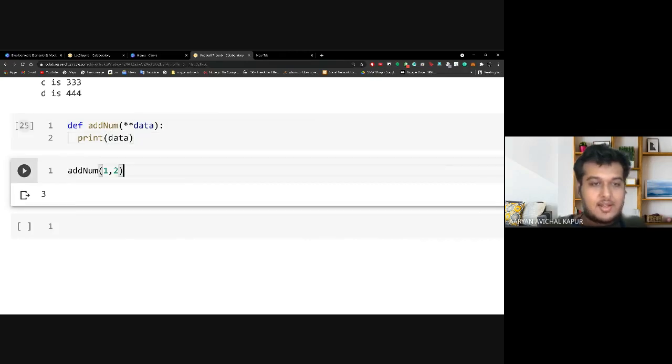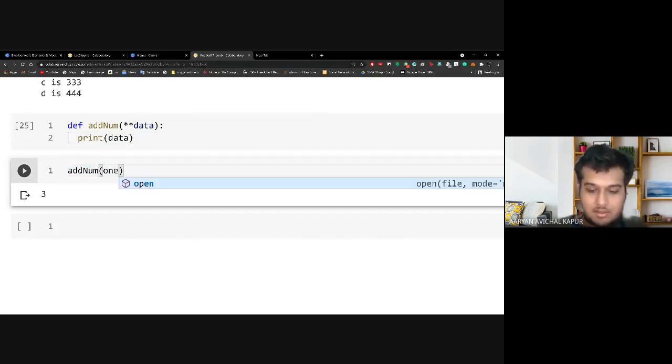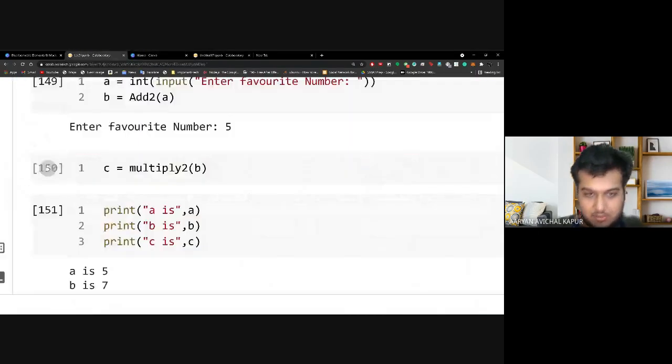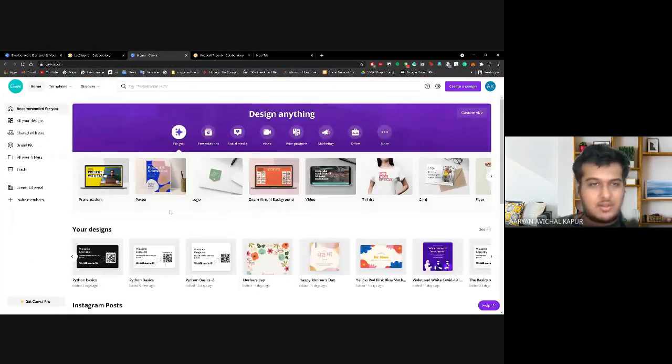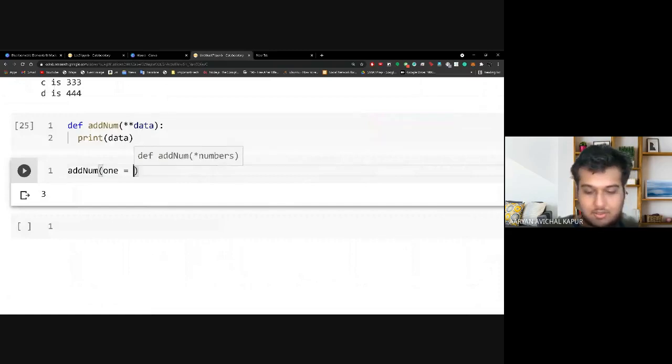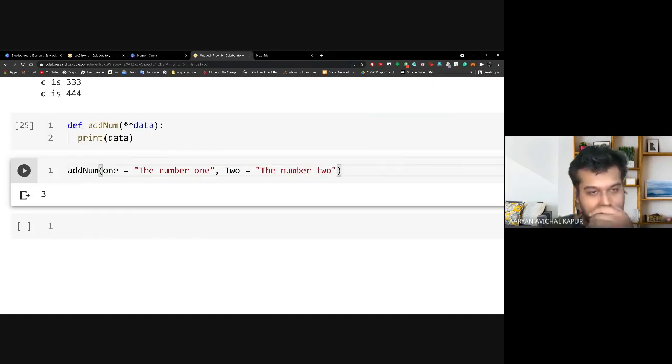And in add num I put one. Let us put something: 1 equals the number 1, and 2 equals the number 2, and so on. So this is what I do.